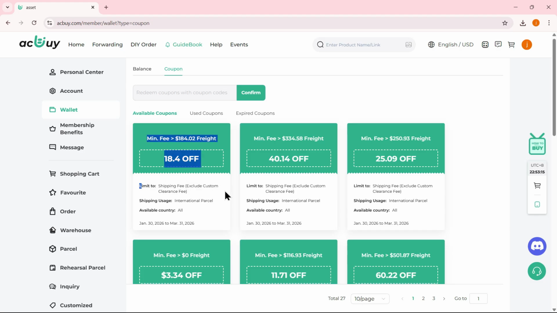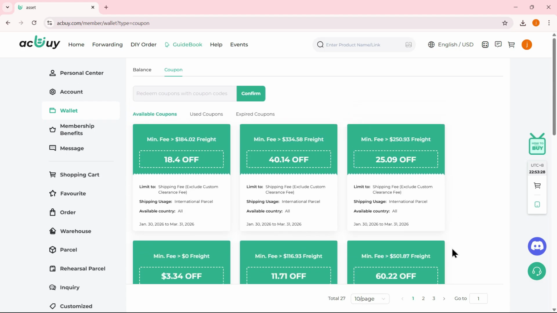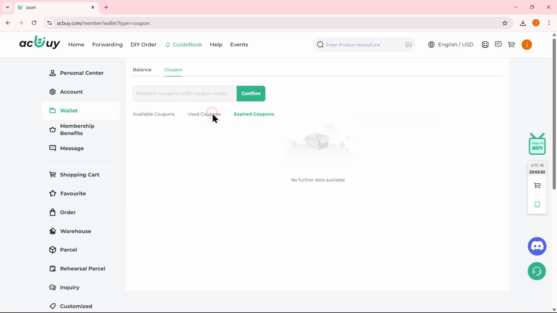Each coupon shows important details such as usage limits, eligible shipping methods, supported countries, expiration dates, minimum spending requirements, and how much discount you'll receive. You can easily switch between available coupons, used coupons, and expired coupons to keep track of what you have. When you redeem a coupon, it will automatically apply to the next eligible purchase you make as long as it